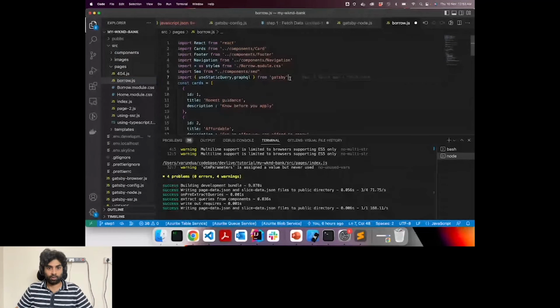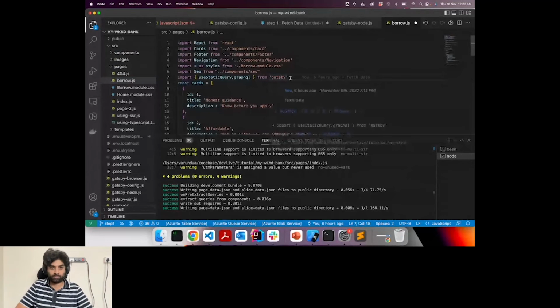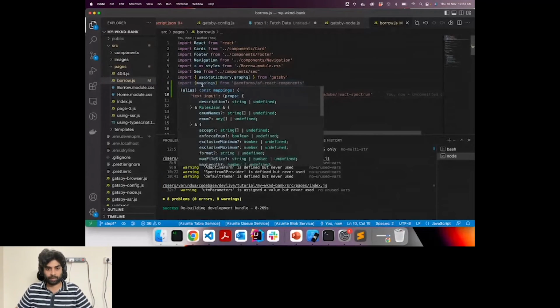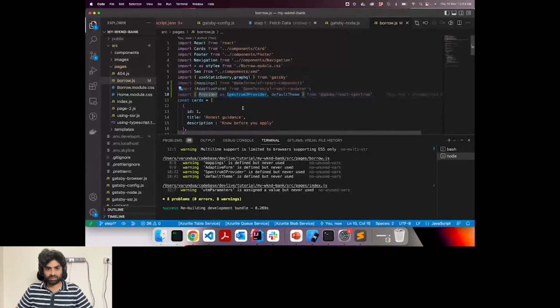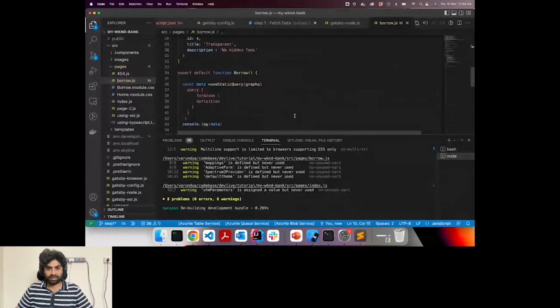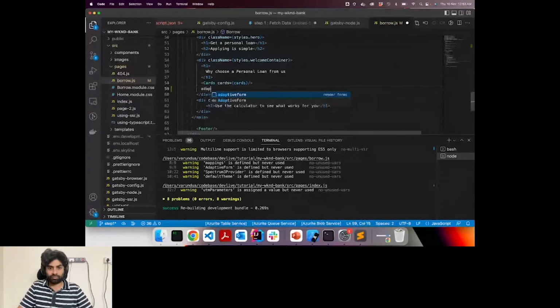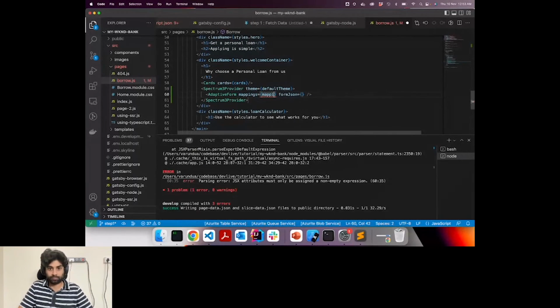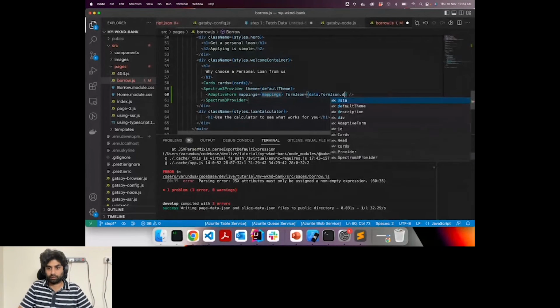So in the borrow page, what you do is you import these mappings, these dependencies. I'll talk about these dependencies a little later. And then you have an adaptive form component, which basically allows you to render the form.